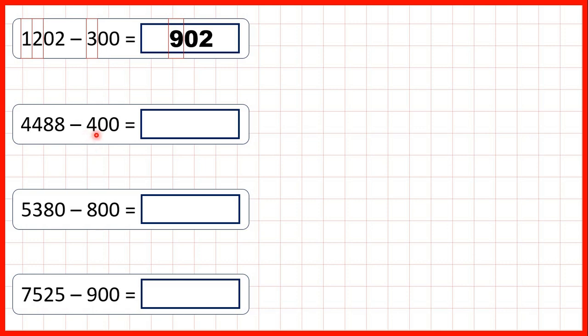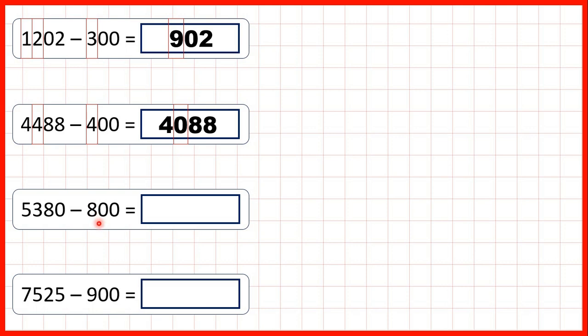4,488 minus 400. If we highlight our hundreds digits, we have 4 hundreds and we're taking 4 away. So in our answer, we have 0 as our hundreds digit, and the other digits in our question stay the same. Now